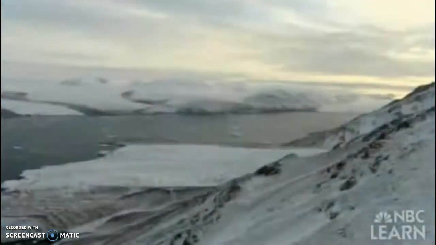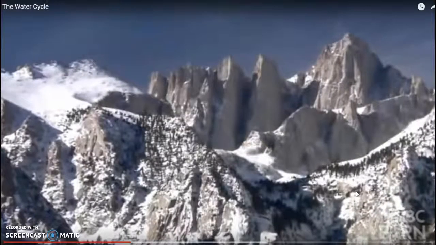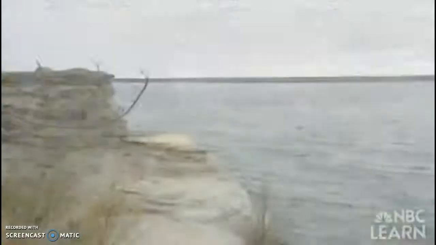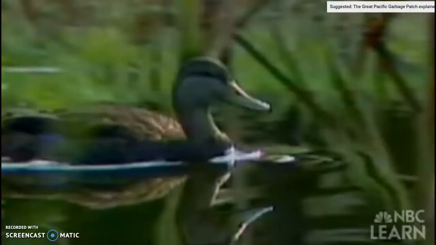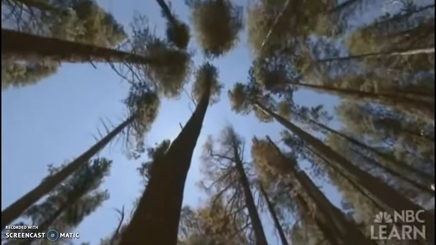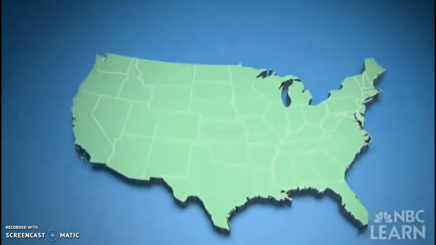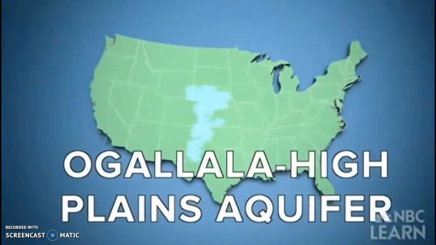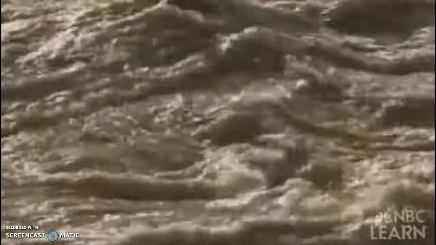There's a lot of water in the ocean, 70% of all the water on Earth. In the ice sheets and glaciers, 2/3 of all the fresh water on Earth. in the snowpacks atop mountains like the Sierra Nevada, in the Great Lakes, in rivers and streams, in reservoirs and watersheds, in wetlands, in the soil, in and on plants and trees rooted in the soil, and beneath the soil, in water tables and underground aquifers like the Ogallala High Plains, which runs underneath parts of 8 states from South Dakota to Texas. All this storage is temporary. Water in all its forms is always in flux and always moving.